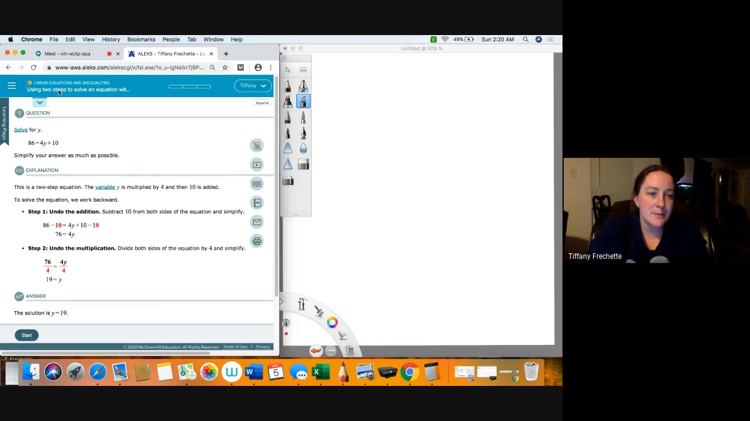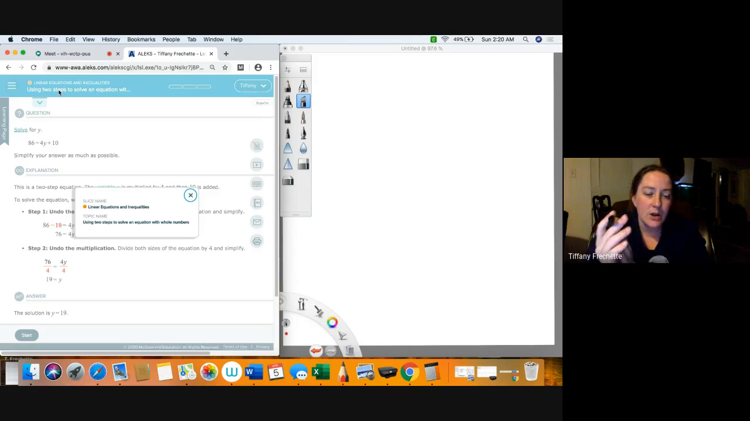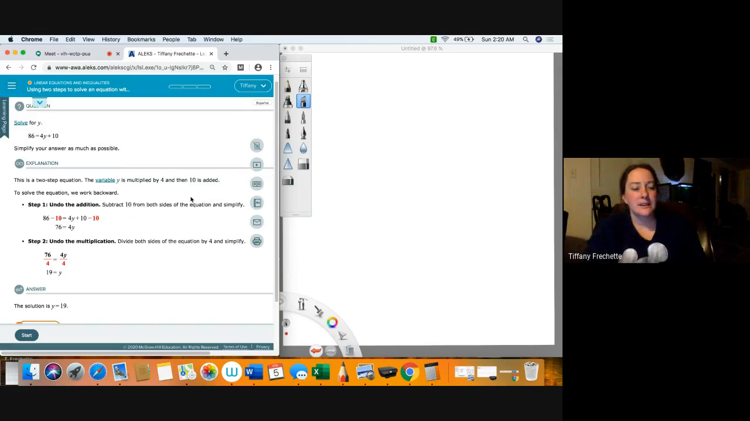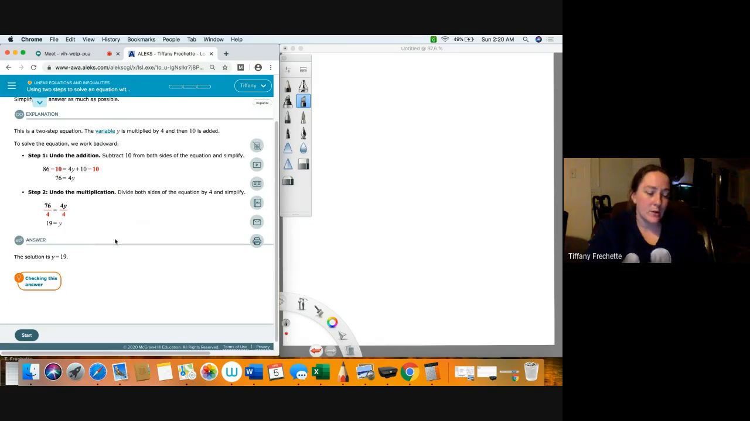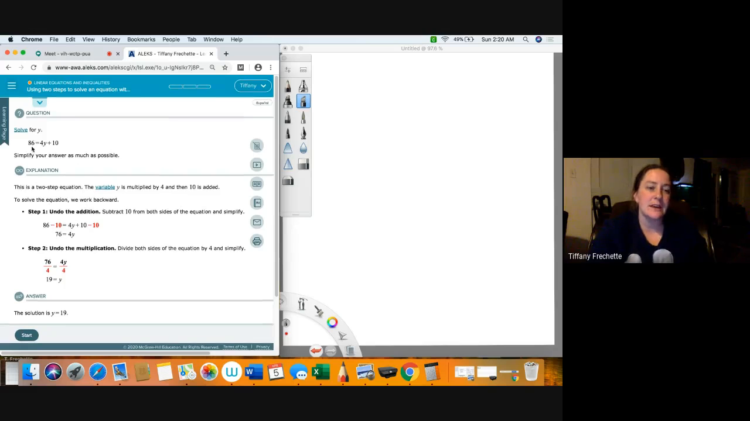Using 2 steps to solve an equation with whole numbers. So it's telling you right away there's going to be 2 steps, and we're going to have whole numbers in it. So it is warning us that we're going to have whole numbers. We're not going to have decimals, which is nice, but it's also letting us know we're going to have 2 steps to finish this. So if you look at 86 equals 4y plus 10,